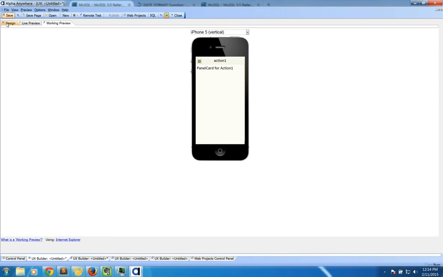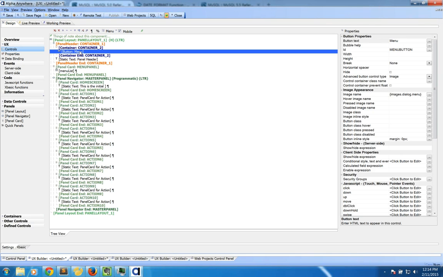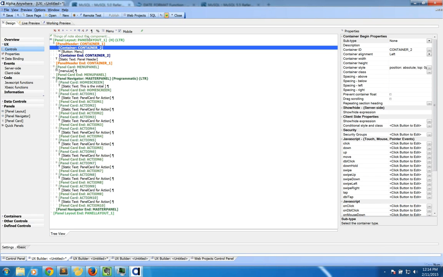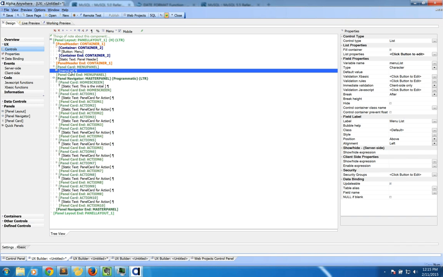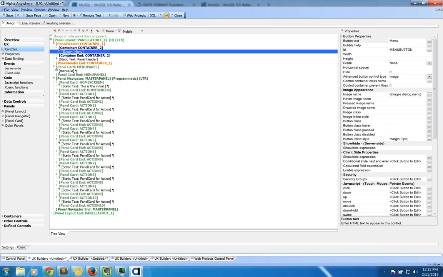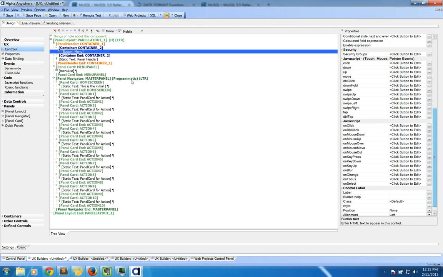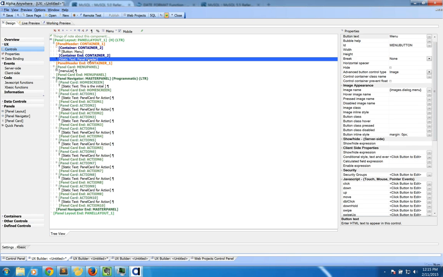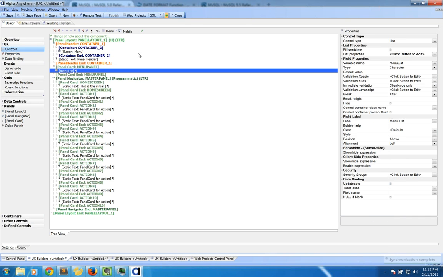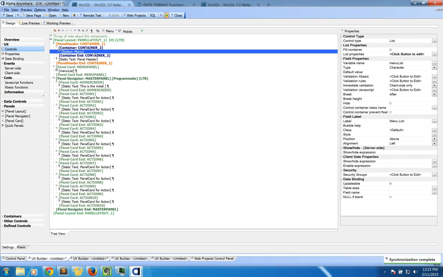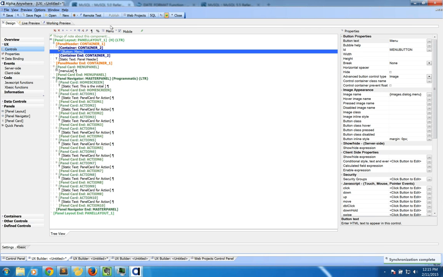So instead of trying to figure that out on your own, it's already built into here, and you can actually go in and read up these component levels, and it will tell you how it did that. How did it take this panel card menu list, and instead of having it as a static one, make a pop-up button? I've got this menu button right here, and if I click it, what does that menu button do, and how is it associated with this list? And all of that is documented in the